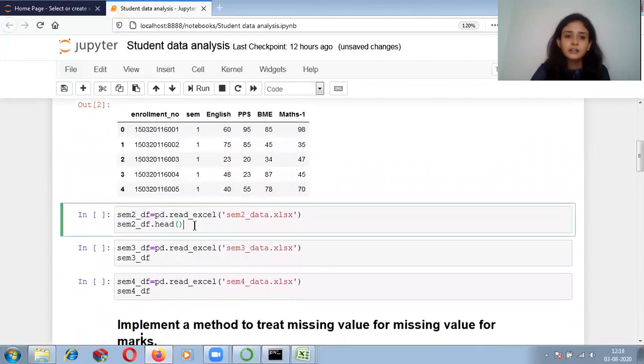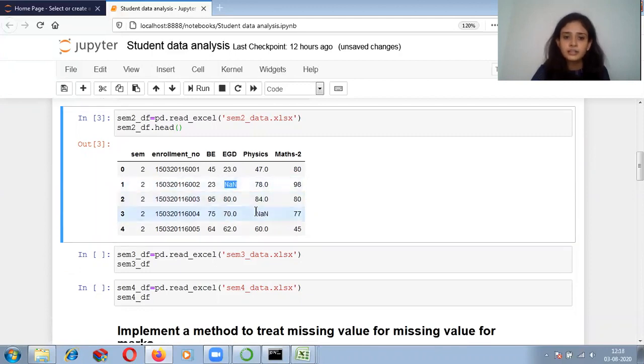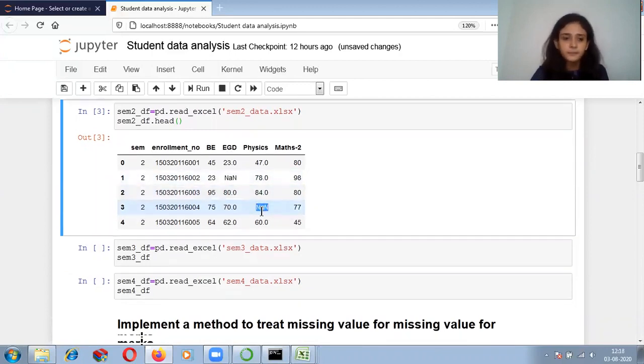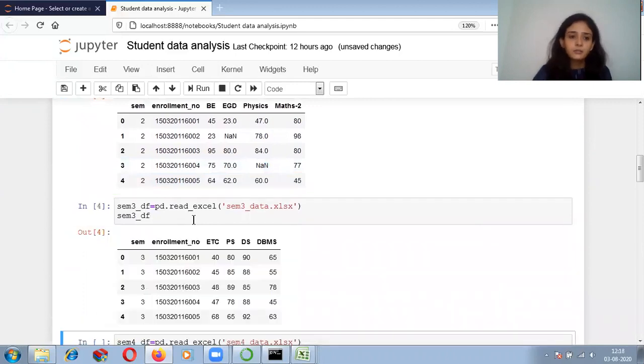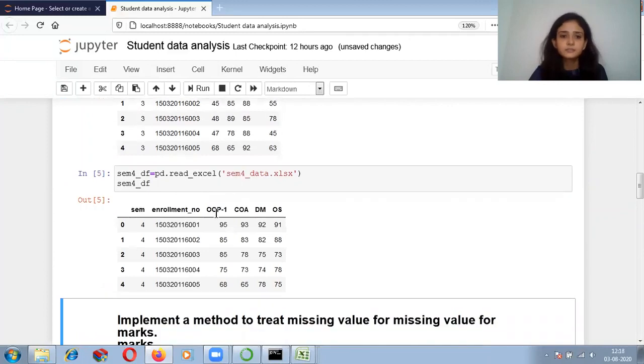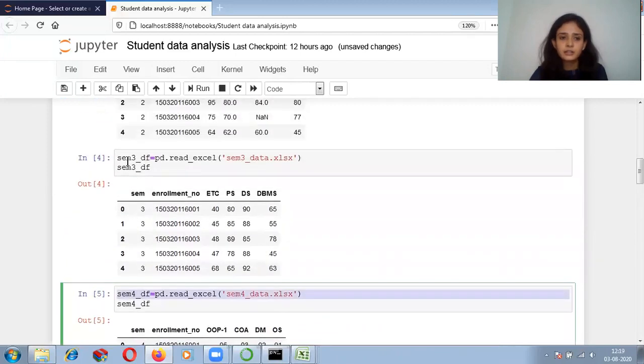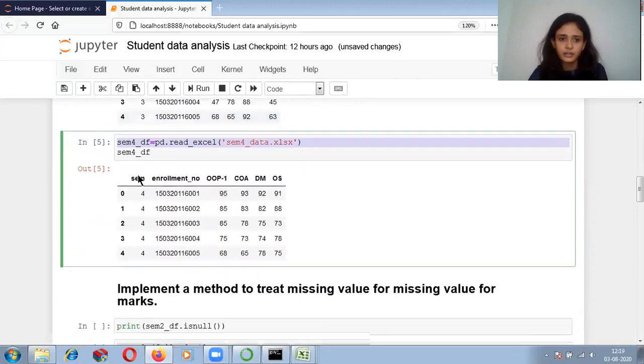Like this, I am reading the SEM2. You can see over here the SEM2 contains missing values, indicated by NaN. Then comes SEM3, and then comes SEM4, like this. So all the semester data are now in my data frames, that is my SEM1 data frame, SEM2 data frame, SEM3 data frame, and SEM4 data frame.